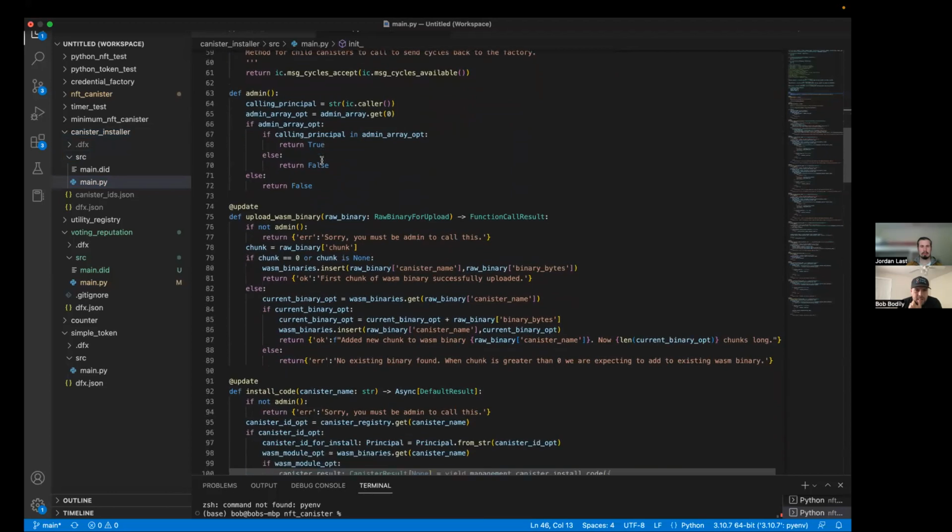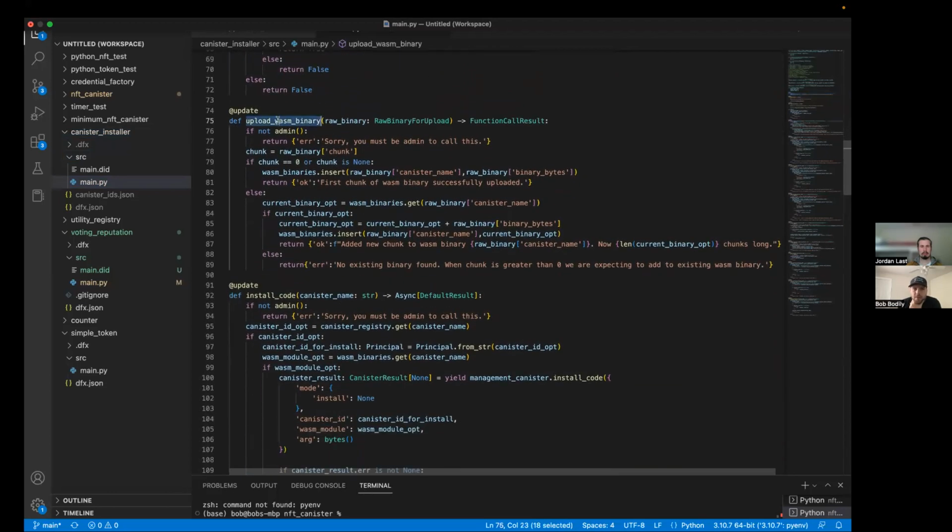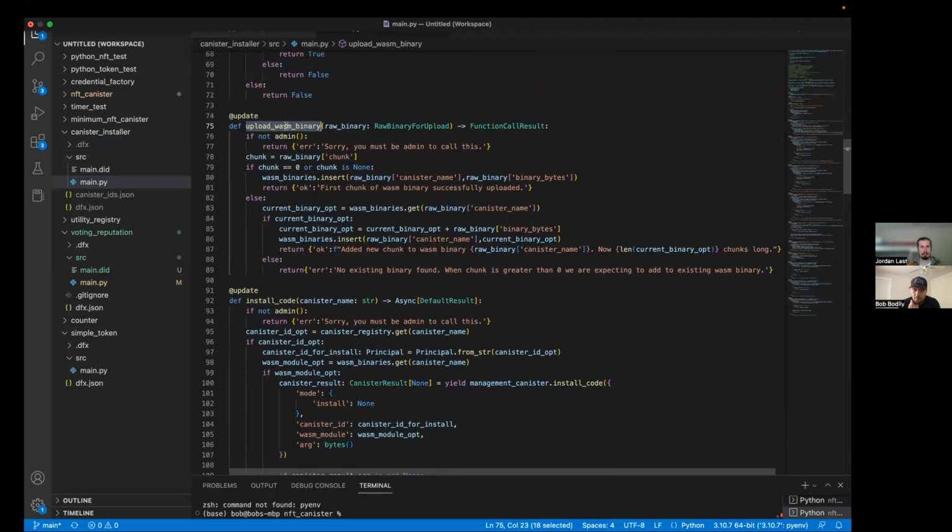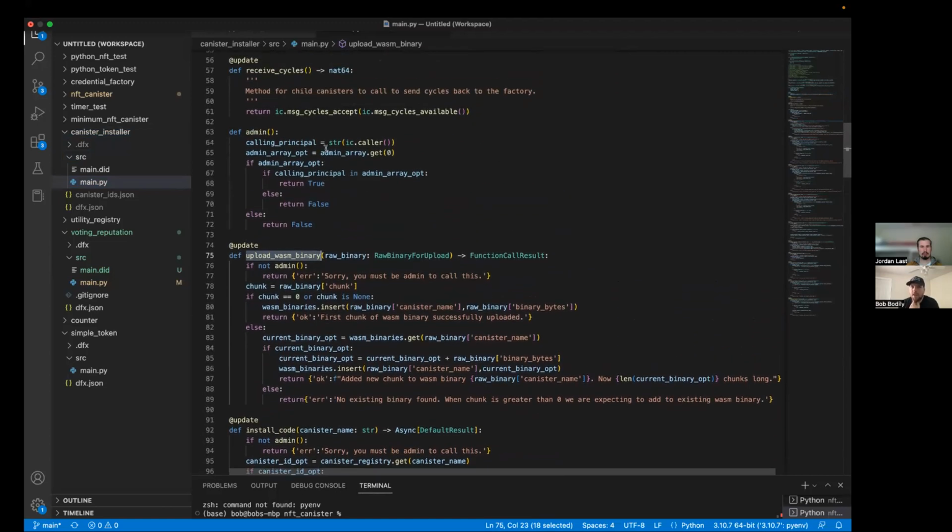And you can see that I have an upload WASM binary function. This is essentially uploading the raw WASM binary bytes to this canister. So it implements chunking because I want to handle more than 2 megabytes. And so,